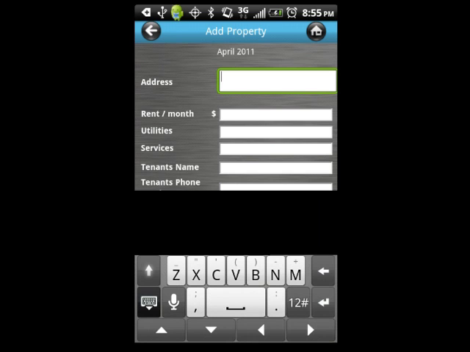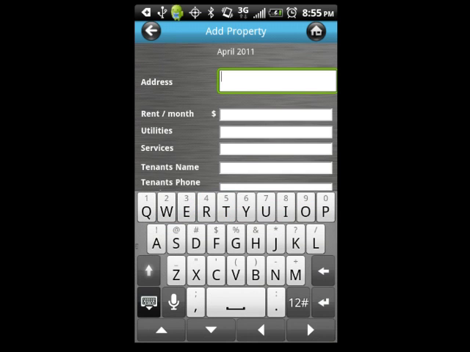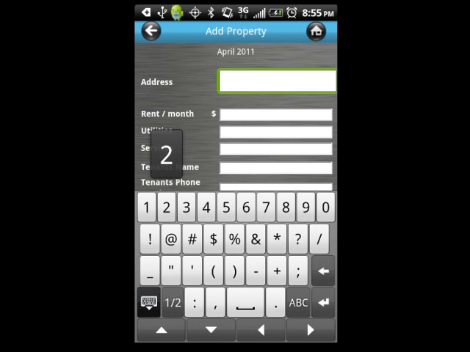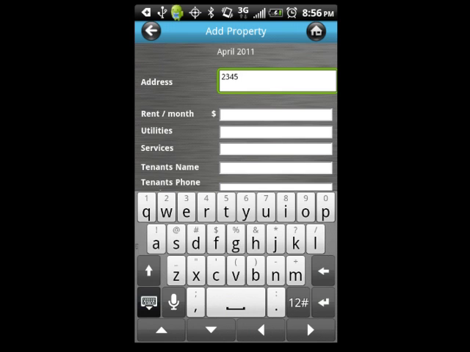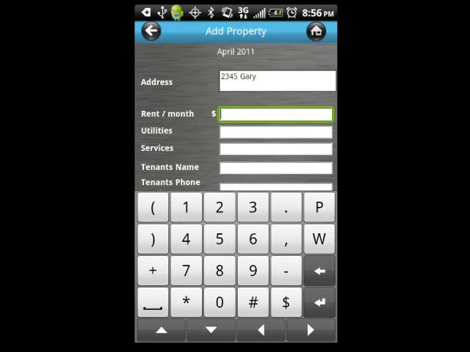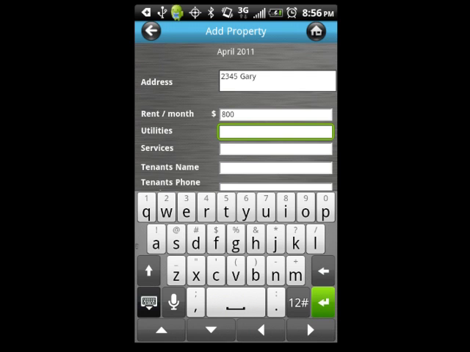So once you select the field for address, we're going to run through this real quick. Not put a whole address. And if you wanted to, you could fill in the rest with the city and state. Selecting rent per month, you put in the amount of money that you collect each month, the utilities that are included, the services that are included,